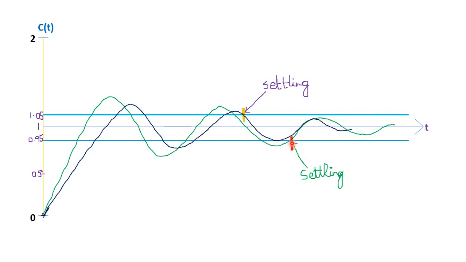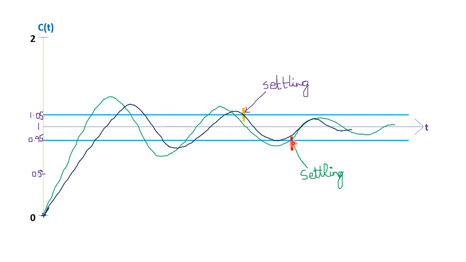Suppose I slightly increase the damping ratio and I get a response like this. First, of course, the rise time is more here, while in the green one the rise time is less. But the oscillations are less. So here, first undershoot, second overshoot. At the second undershoot itself, it has come within the band. That means it has settled down. In the green colored one, it settled at the second undershoot, and here at the second overshoot itself. A slight increase in the damping ratio has shifted the settling time from here to here.